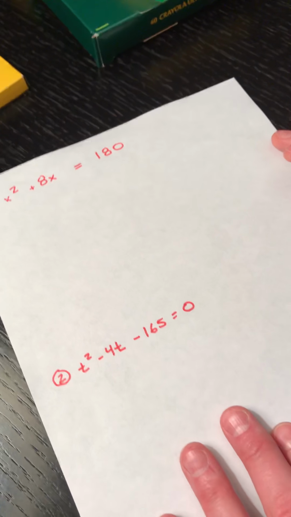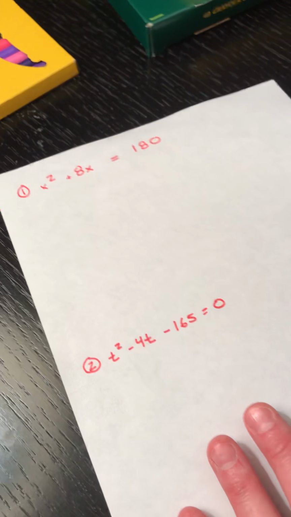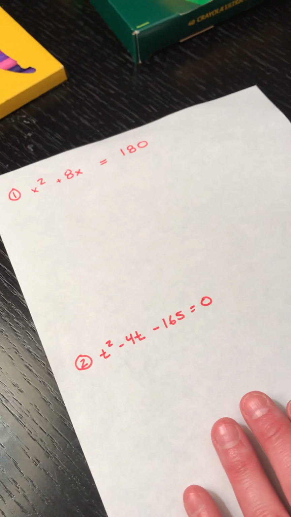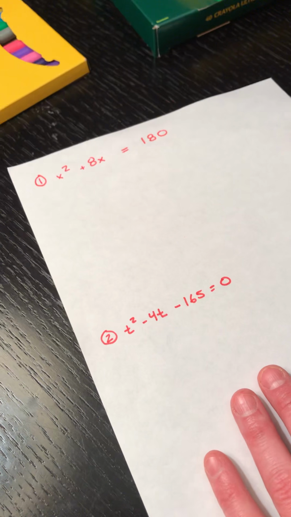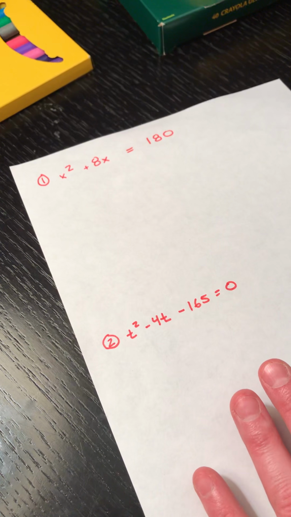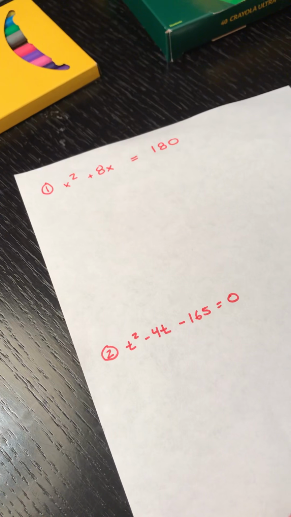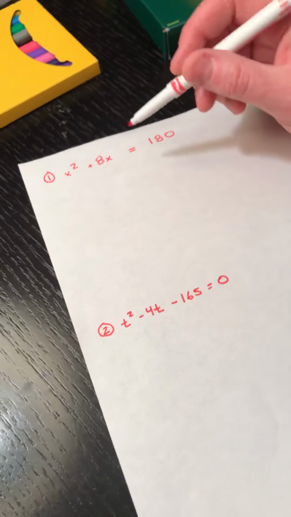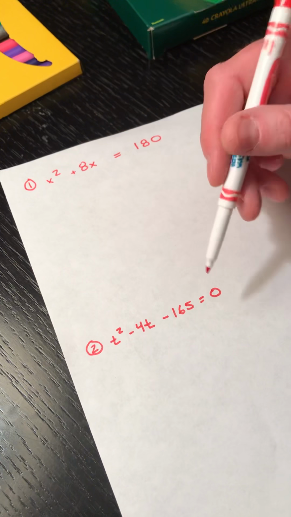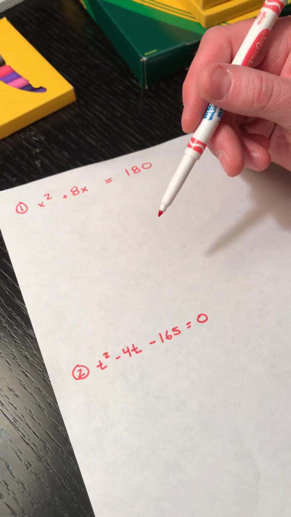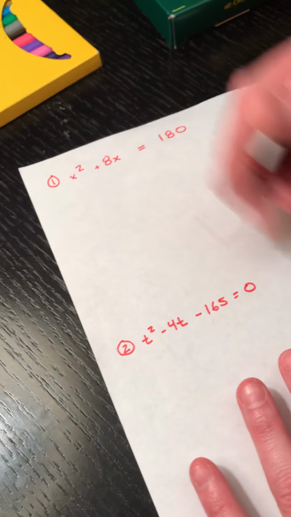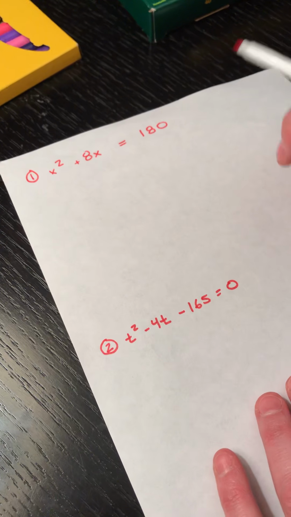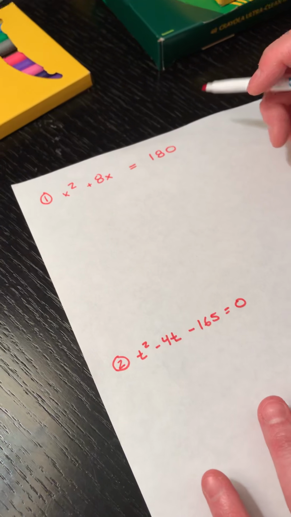Okay, so we're doing completing the square today. And this is kind of a tricky subject, but let's see if you can follow me as I do these two problems, which are actually the first two problems in the section. So what we're doing is, in order to solve these problems, we can't do it the normal way that we did before. So when we complete the square, hopefully you read the notes already, we are adding